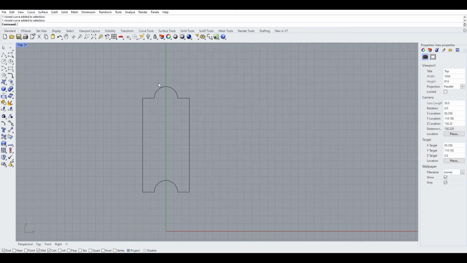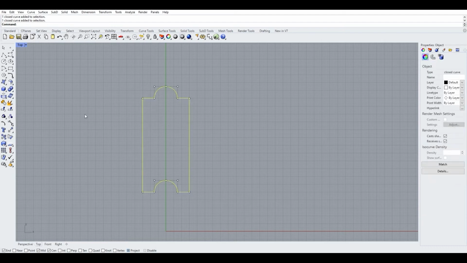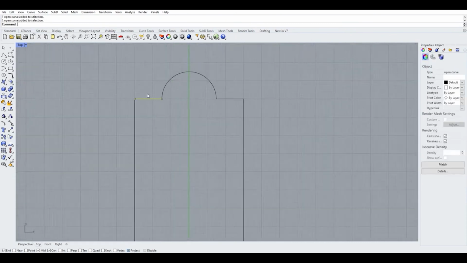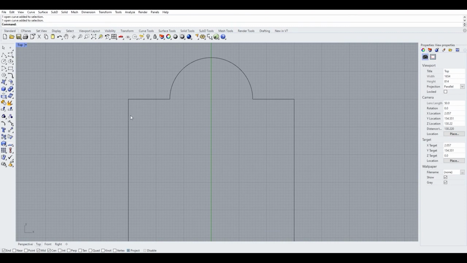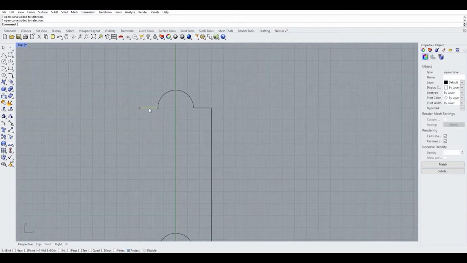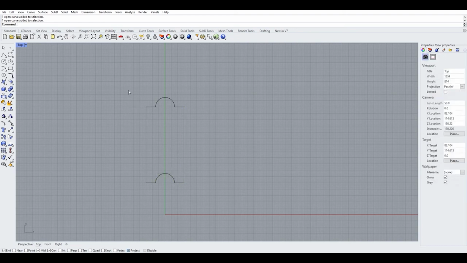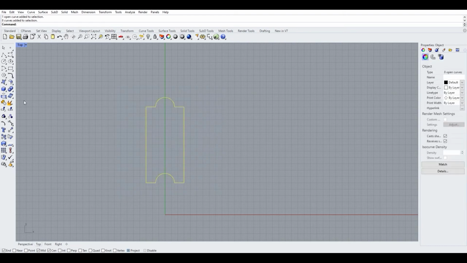So how do I break these apart if I wasn't happy with what I got? Simple. I select the object and I say explode. Now it breaks that into its smallest possible parts. You'll see there's a line. It even exploded these two. There used to be one part when we started out. Now they're all different line segments. But that's also how I confirm that these actually all touch and come together by joining them, and they form one